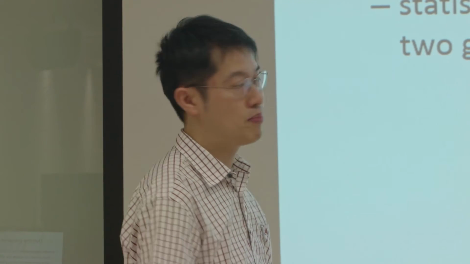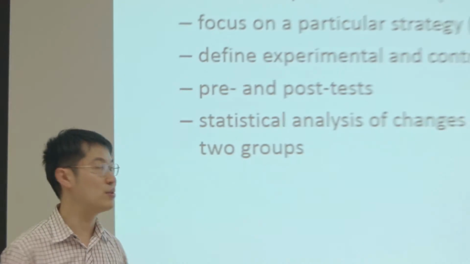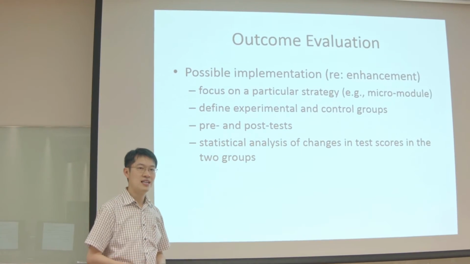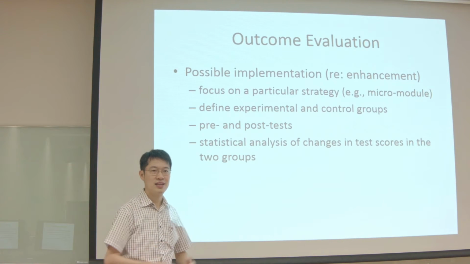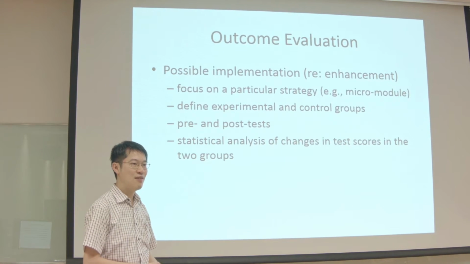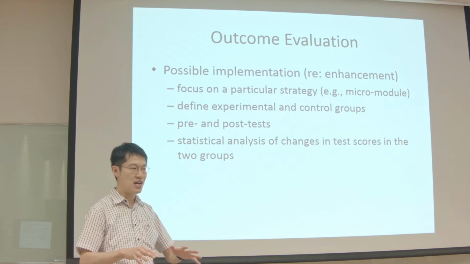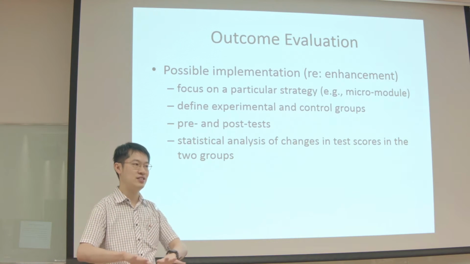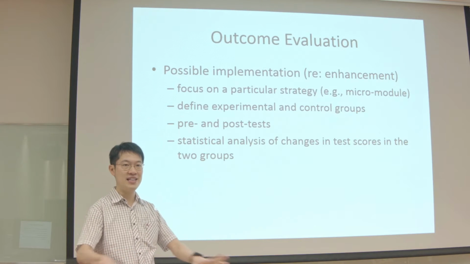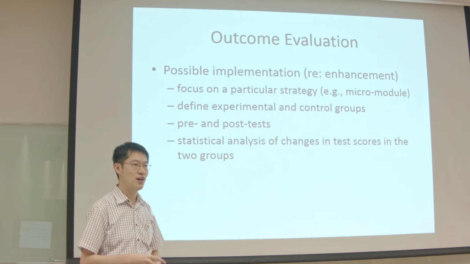Again, you do the pre-post test and then do a statistical analysis of the changes in the scores. Now, the most tricky part is this part. How do you define the experimental groups and the control groups? So again, going back to the calculus class example, that one is rather easy in terms of setup because students are already divided into different sessions, okay? So there are, I think, 7 to 8 different sessions, okay? So for example, you can